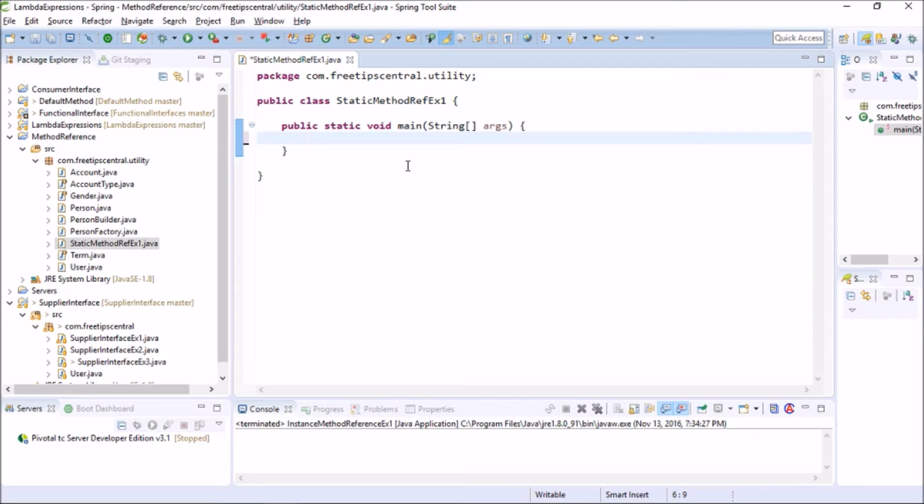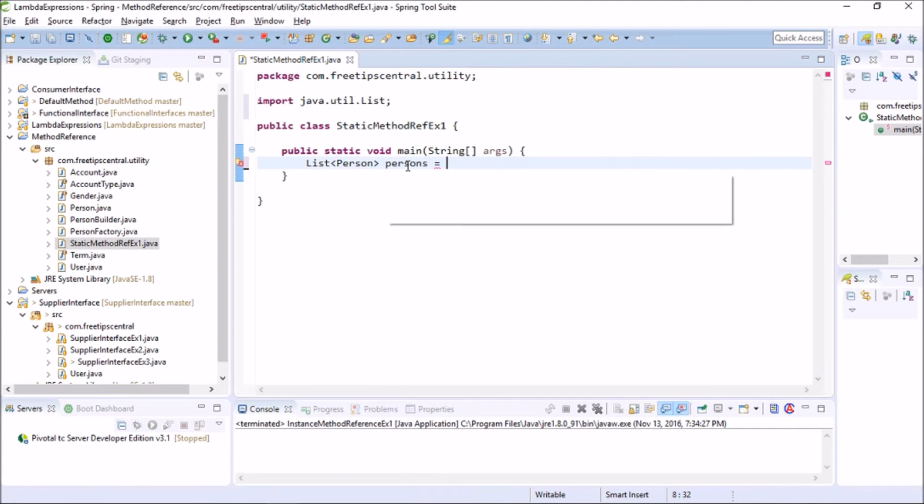Now what we'll do is create a list of persons. I'm going to import it, and this is a utility class which I have created earlier and also used in previous tutorials. You can see the code in the GitHub repository I have created, and the link is there at the end of this video. Now I want to go through each person